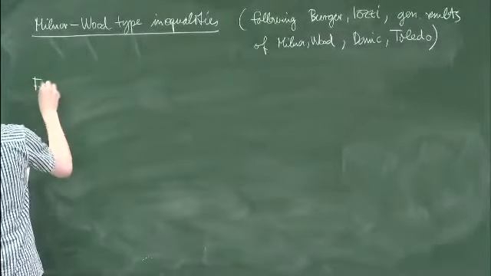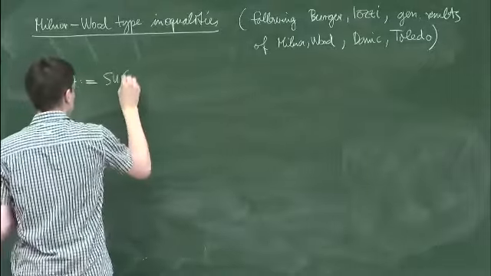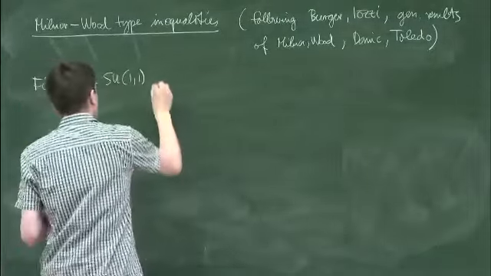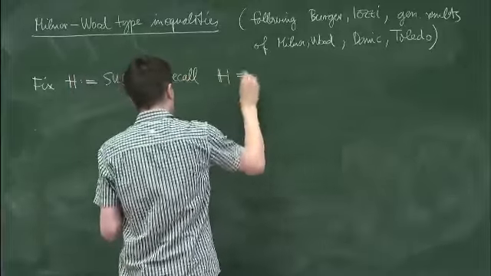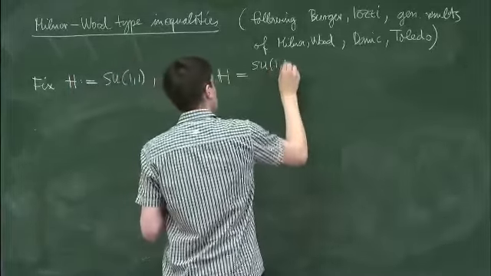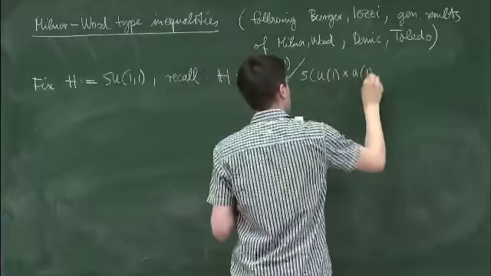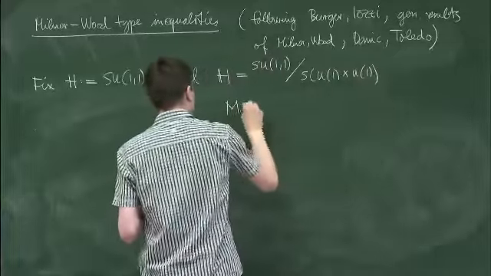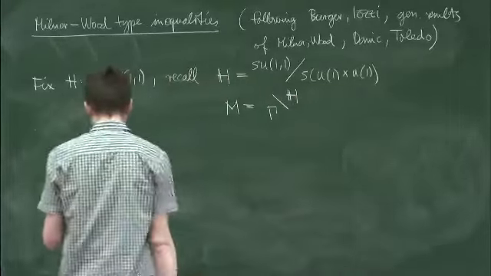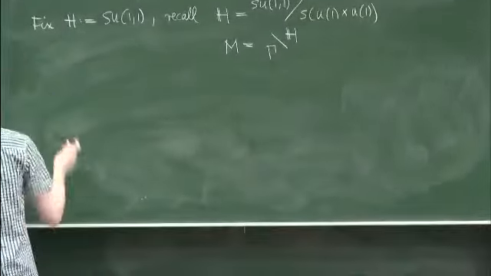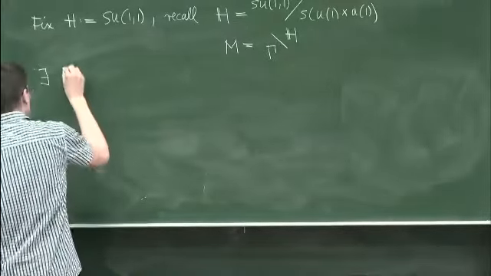So we fix the following Hermitian group. We've seen already this group, SU(1,1). And we recall, just for notation, that the upper half plane is the following quotient, and the Riemann surface is then the quotient of H by the action of the fundamental group gamma. And the first thing we need is the following fact: there exists what is called a bounded